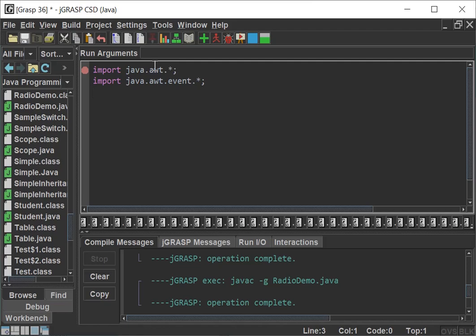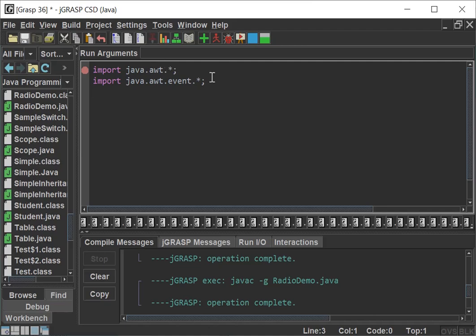Whenever we are creating an applet, we need to import one other package, which is java.applet. Here we are not utilizing the applet dialog window, so we are simply going to utilize the frame window. The frame container class is available in the AWT package itself, so we need not import any other packages here.